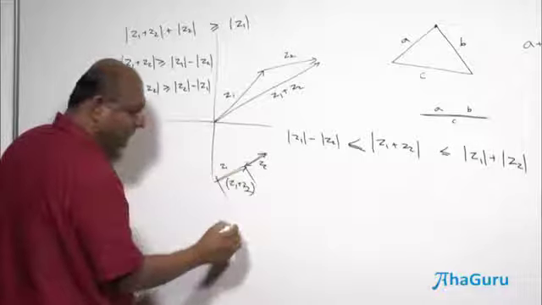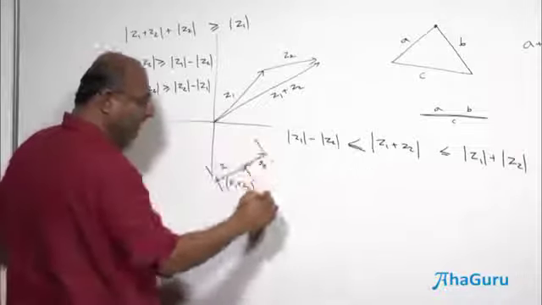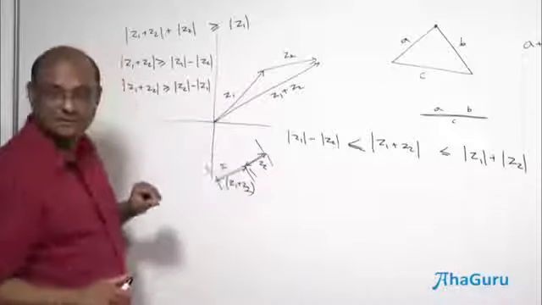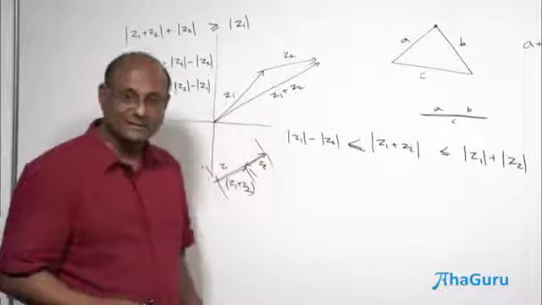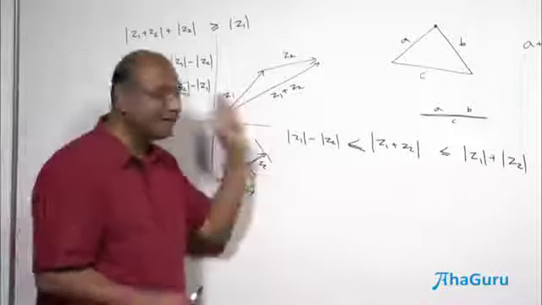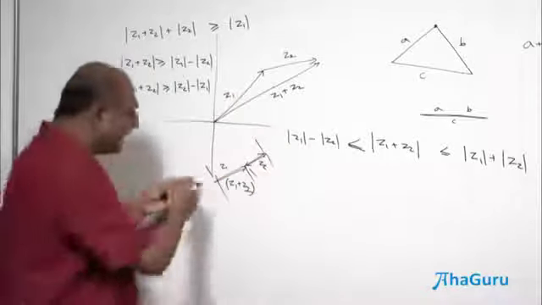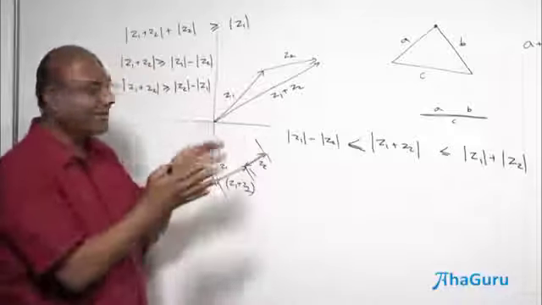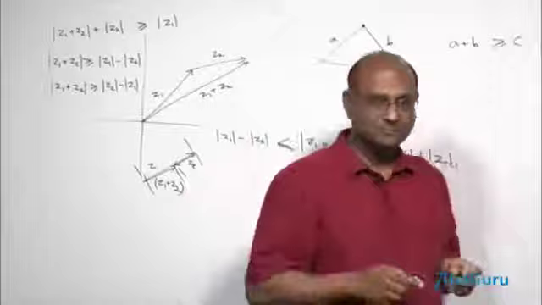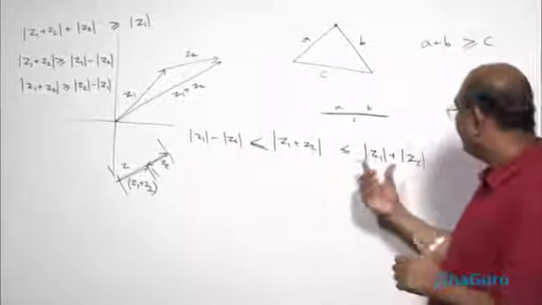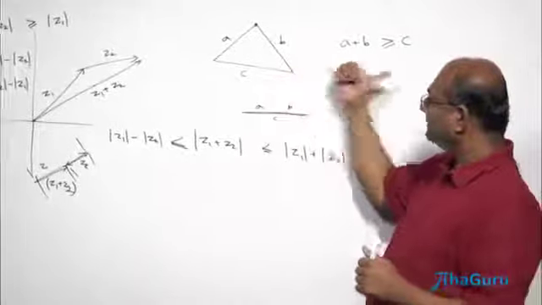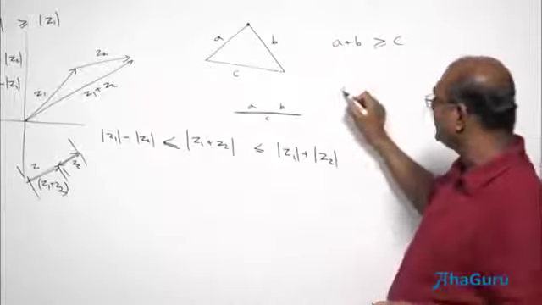So this is Z1 plus Z2 modulus, that is Z1 modulus, this is Z2 modulus. So when you subtract, you will end up with Z1 plus Z2 modulus is equal to Z1 modulus minus Z2 modulus. The equality will happen when again it's basically a degenerate triangle. I mean, there's no triangle, it just simply becomes a line. Okay, so when you have equality on this side, it becomes a line, except Z1 and Z2 are pointing in the same direction.